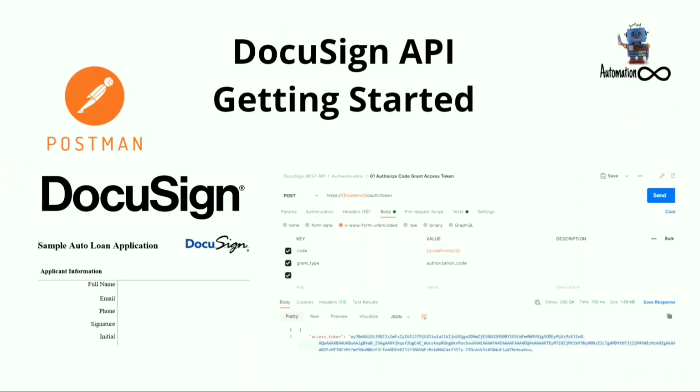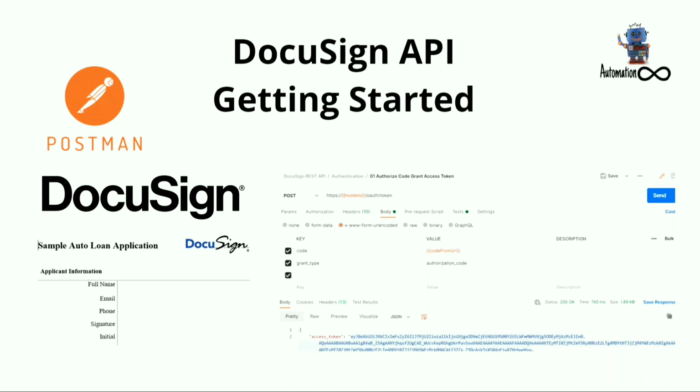So in this video, we have seen what DocuSign is, what the benefits of DocuSign are, where we can use DocuSign and how it works. Also, we have seen that DocuSign provides a huge set of APIs, and we have imported this set of APIs into Postman. And we have made the call for the authentication API and got the user details. So that's all for now.